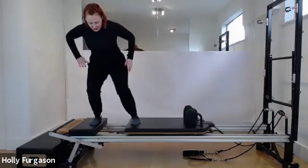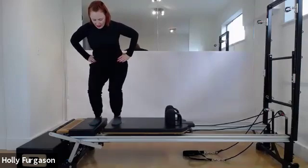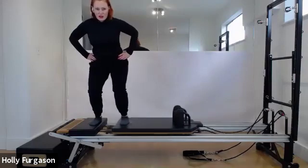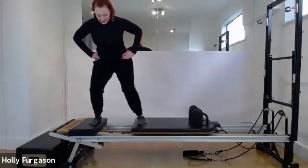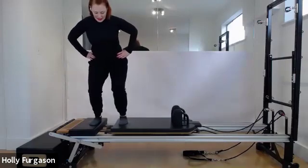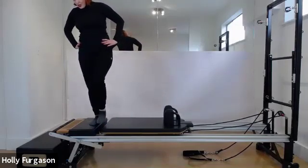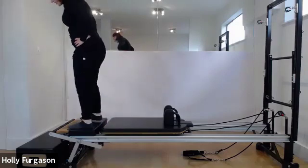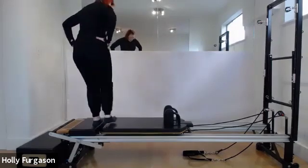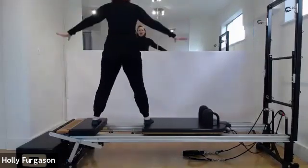Do whatever you like with the arms, pumping the carriage leg out and in, push, pull. Good. 5, 4, 3, 2, and last one. Bring the carriage back in and stand up. Good. Okay, let's do the other side actually. It'll be more simple. So starting with your feet, splitting the gap, press out and in, and then go into